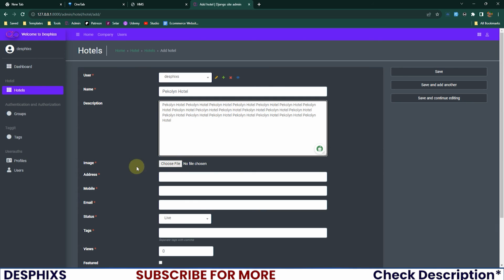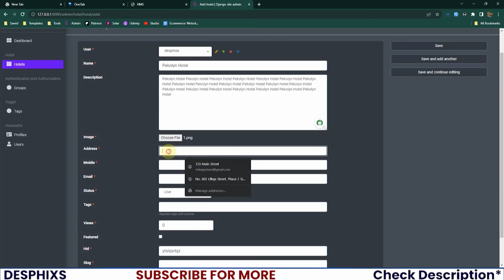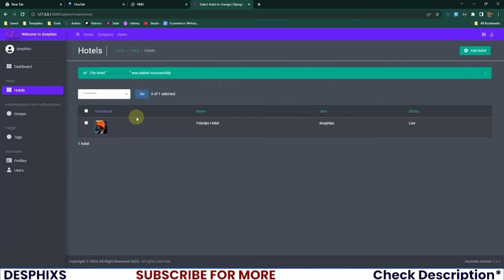I will copy the hotel name and paste it in multiple places. You can add an image if you want. These are not the right images for this, but I will just choose one of those. And over here, let me just add this in. For the tags, I will add anything in there. For the slug, now this is one thing that we want to do. I will just add anything in the slug for now. I will just add one in that slug and save this, just so we don't have an error